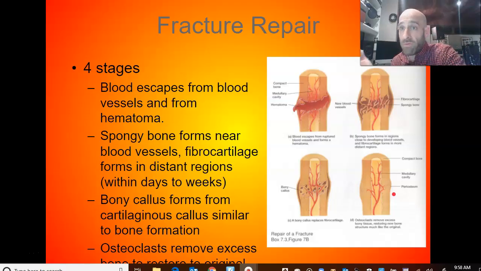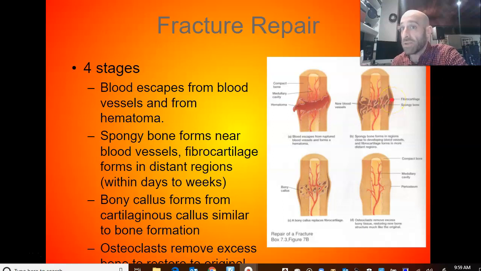So just as a quick review of these 4 stages of bone repair. The first stage is the actual break occurs and you get what is called a hematoma. And that is just a break of the blood vessel and you get swelling at the part where the bone broke. And that's a good indication that you have broken the bone. The second stage, which is usually within the first few days to the first weeks, is going to be the fibrocartilaginous callus stage, where you have some spongy bone forming near the blood vessels, but as you go out towards the outer portions of the bone, you get this fibrocartilage